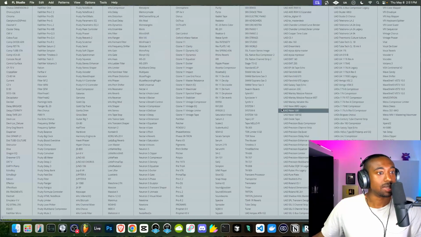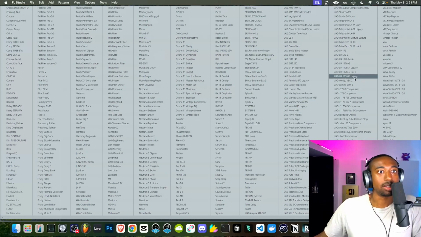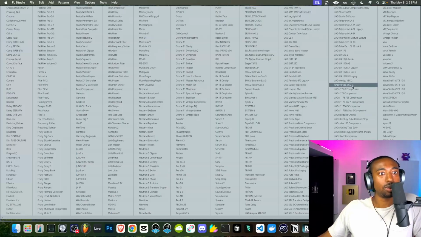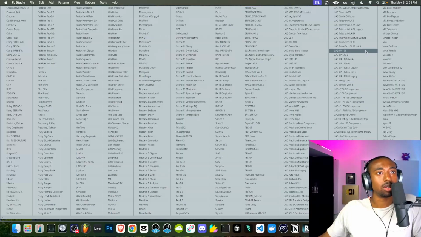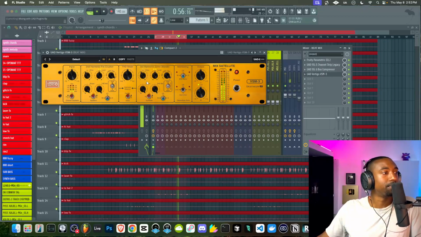All right, so now I want some saturation in the sound. So I'm going to use some plugins that I bought from UA. I think this is the VSM3. Let me see what else we may have as far as saturation here. We have some tape stuff we could use, but I'm not looking for a tape sound. There's also Thermionic Culture Vulture, but that's really aggressive. So let's try the VSM3. As you guys can hear, this is super aggressive.